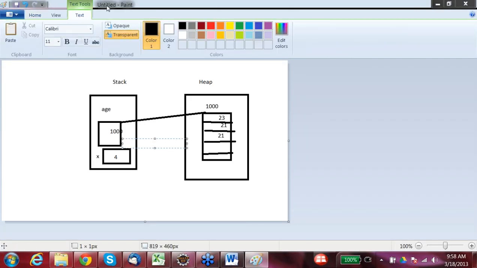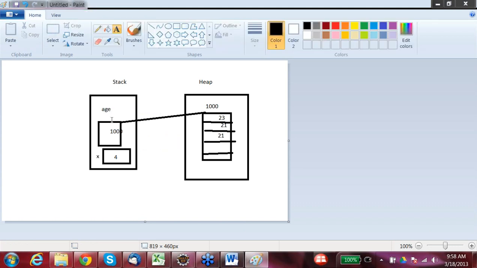How is the reference variable taking memory? See, the data is taking memory, that is 40 bytes. We know there are 10 integers that are going to take space. But they are referenced by another variable, which is age, right? Age is a placeholder. It's again a variable on the stack, and every reference variable takes 4 bytes, and it holds the value which is an address to the first element of the array. So this is also taking 4 bytes, right? So the total is 40 bytes for the data value and 4 bytes for the reference variable in the stack.